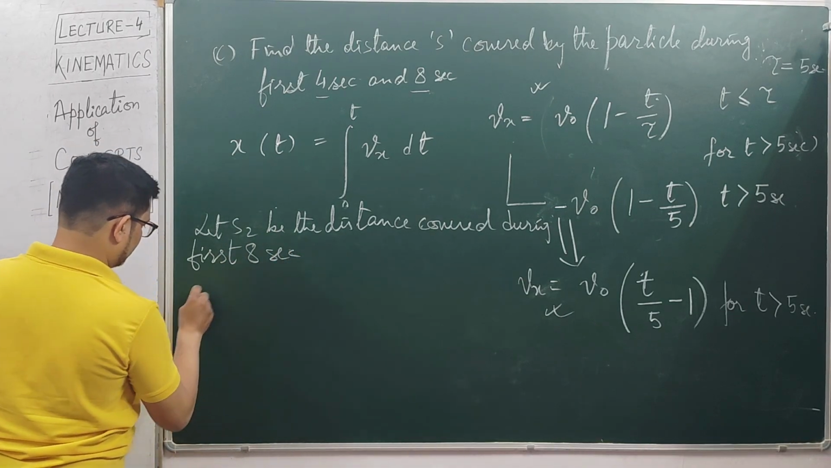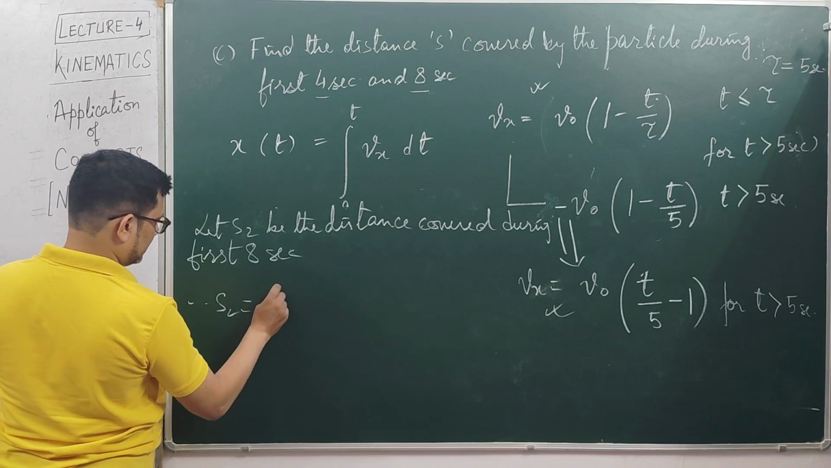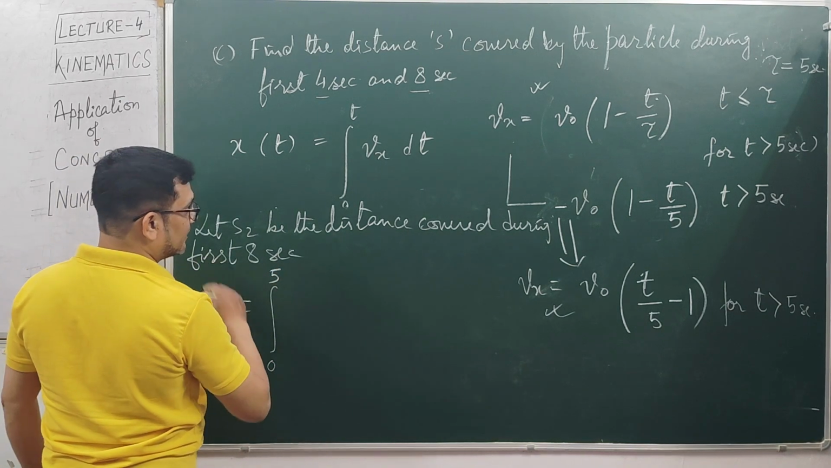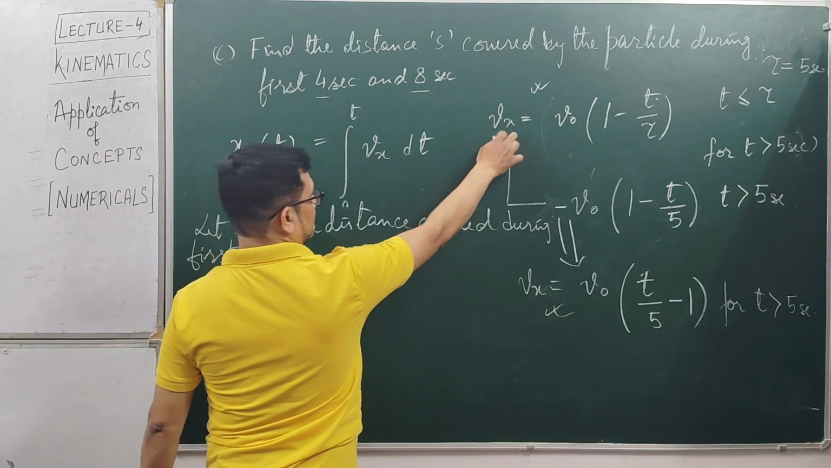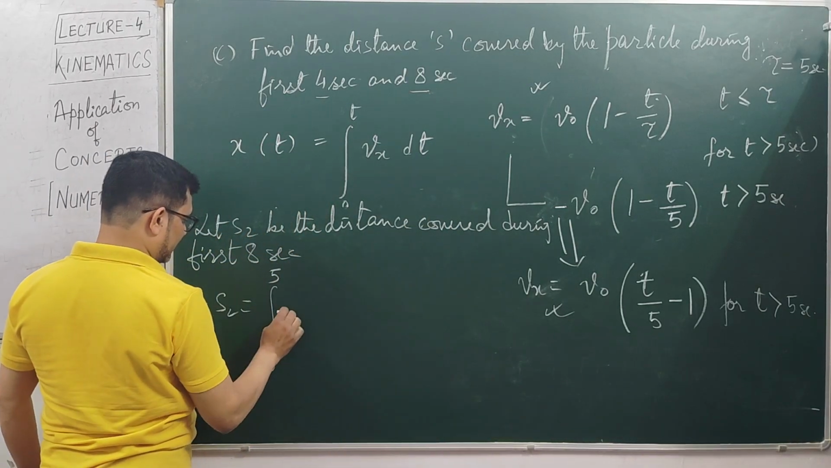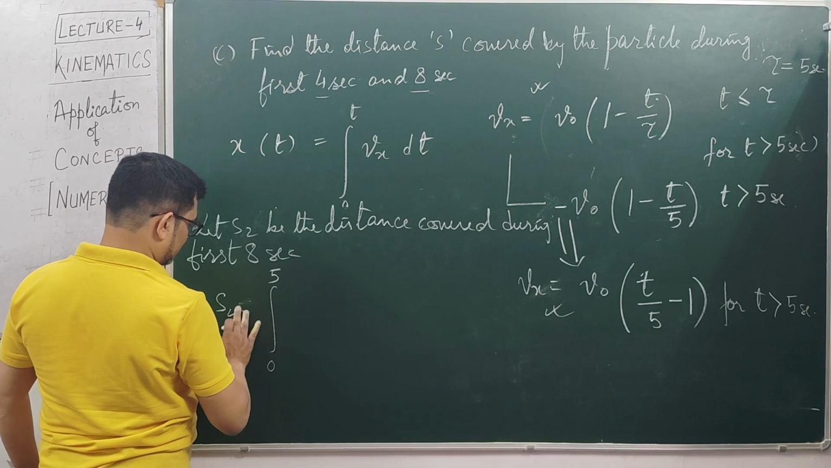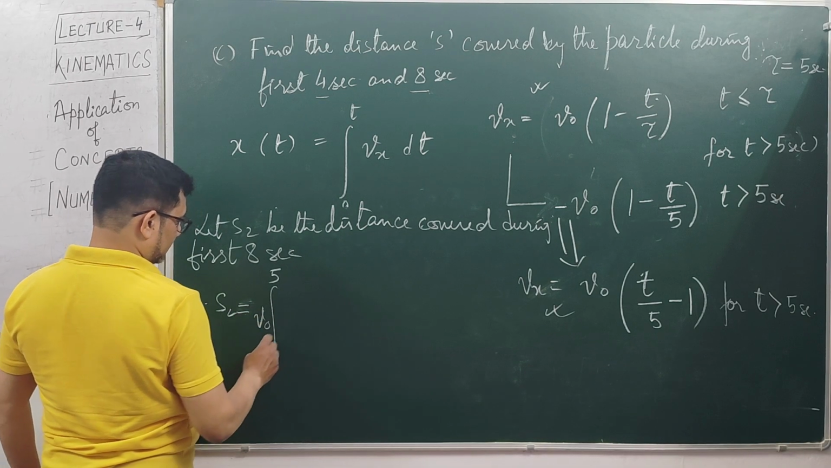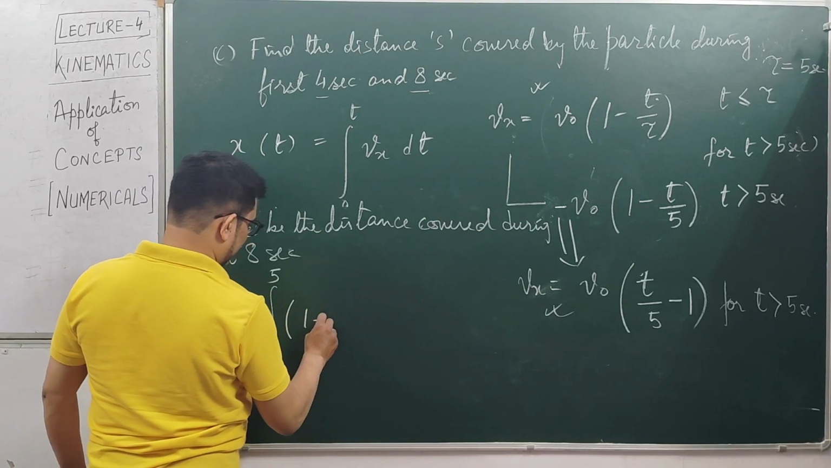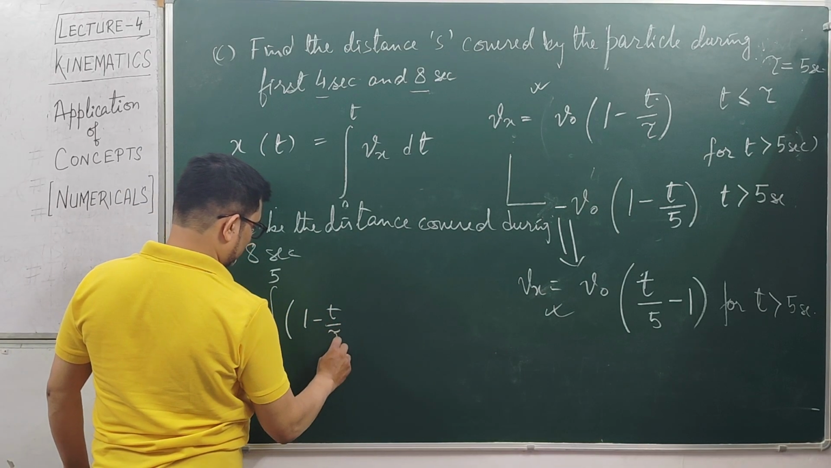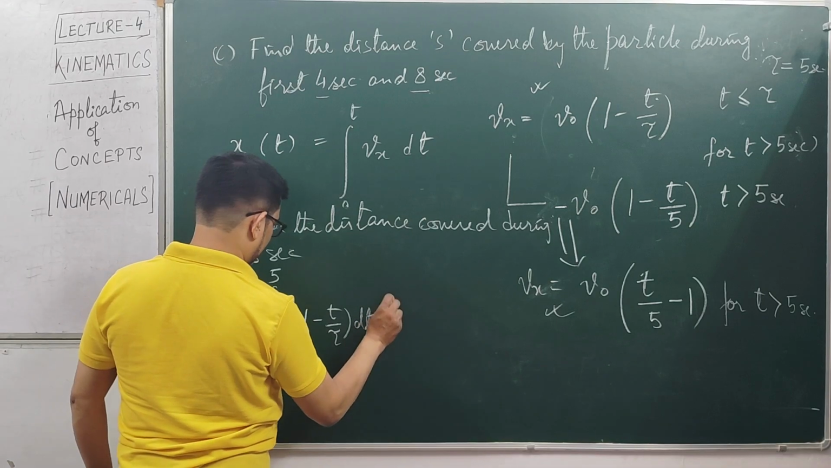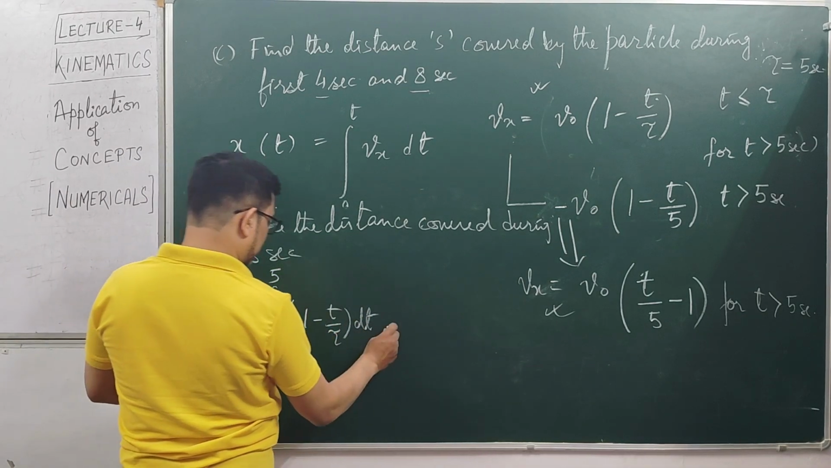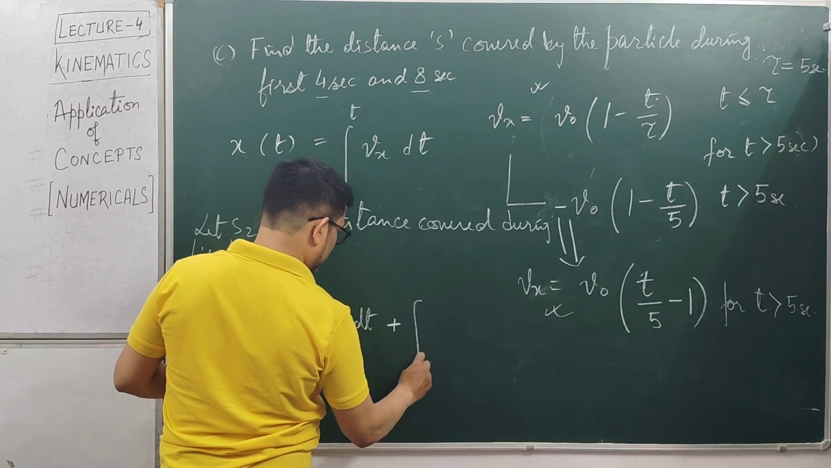If this is so, therefore S2 would become integral. Now 0 to 5 would be less than, so we'll use this equation. So for 0 to 5 we'll use this equation, which will be, we'll take V0 out and then we'll put in here 1 minus t by tau dt. This 0 to 5 plus more than